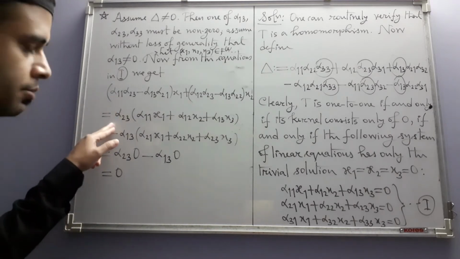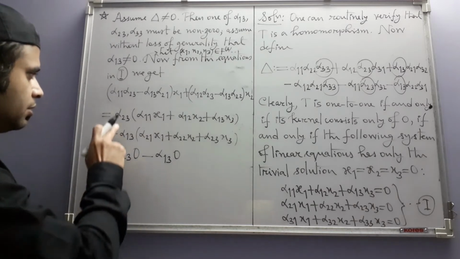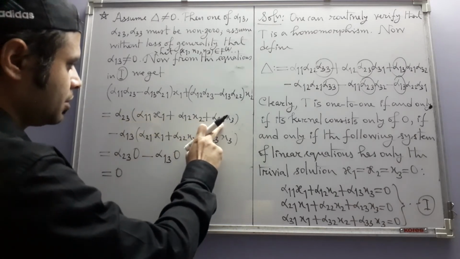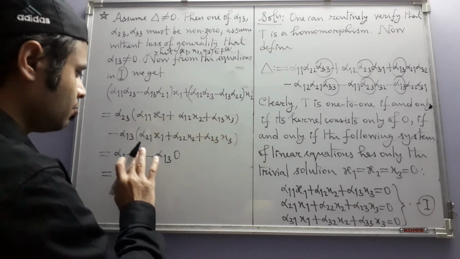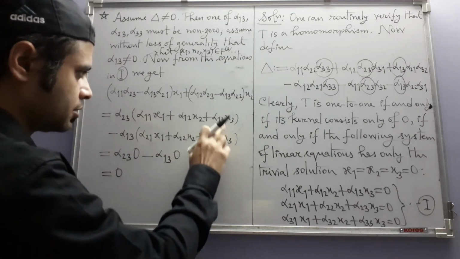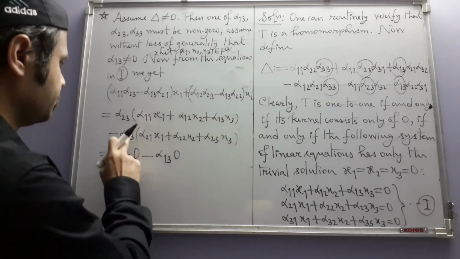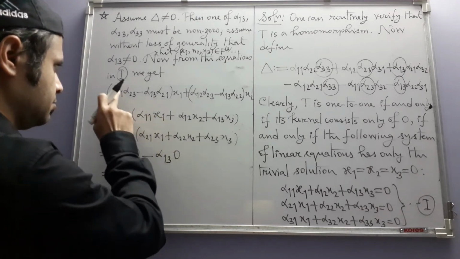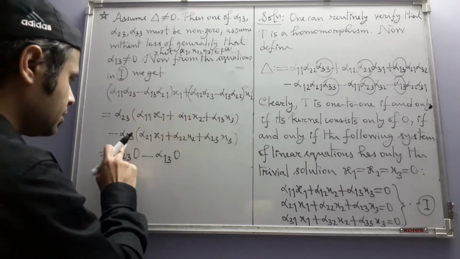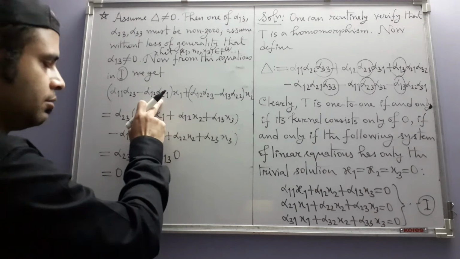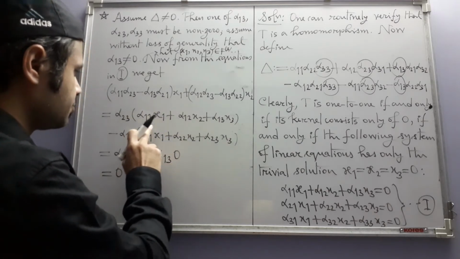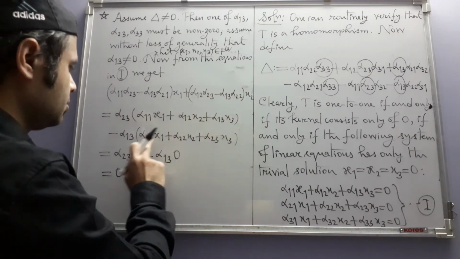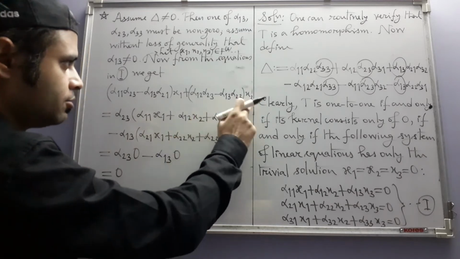Let's see this step also. Do we really have this equal to this? Alpha 2 3 alpha 1 3 x3 minus alpha 1 3 alpha 2 3 x3. So these two terms cancel each other and we are left with alpha 1 1 alpha 2 3 x1 minus alpha 1 3 alpha 2 1 x1, then plus alpha 2 3 alpha 1 2 x2 minus alpha 1 3 alpha 2 2 x2. Yes,